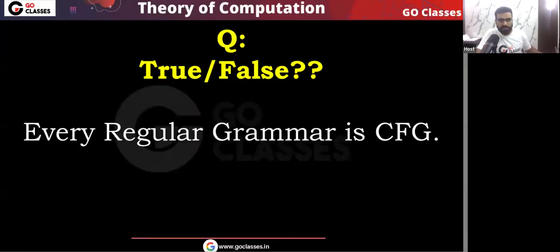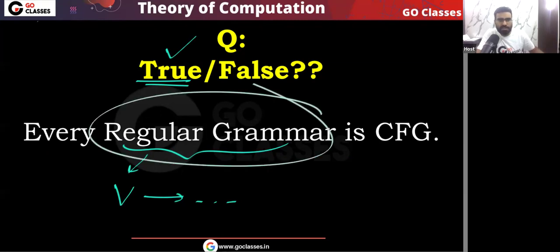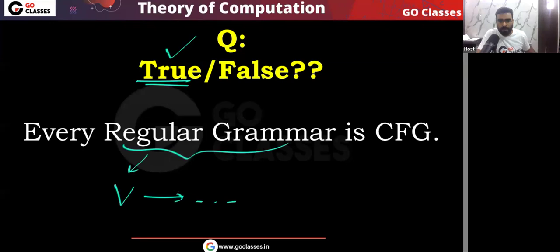Tell me the answer for this question. Every regular grammar is context free grammar. Yes, this statement is true because in every regular grammar on the LHS we must have a single variable. In regular grammar on the LHS we must have a single variable. Single variable is going to something something. So that is the reason I can say that every regular grammar is a context free grammar. Okay. Next,